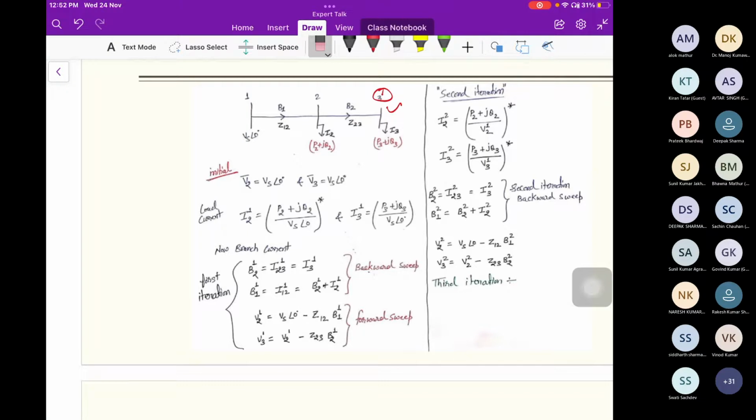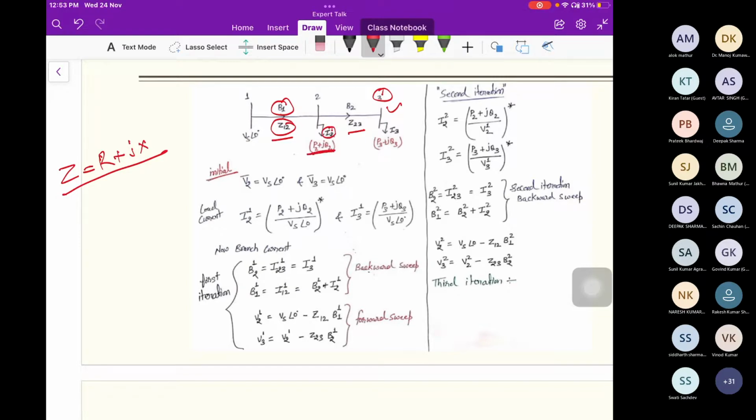How will we calculate this voltage, current, and the losses? We calculate the current value I, and the Z data, meaning the resistance and inductance values, is given, so we can calculate these losses. Then we add up all the losses and calculate the total losses of the system. First of all, we can calculate the current because the P and Q demand is there.